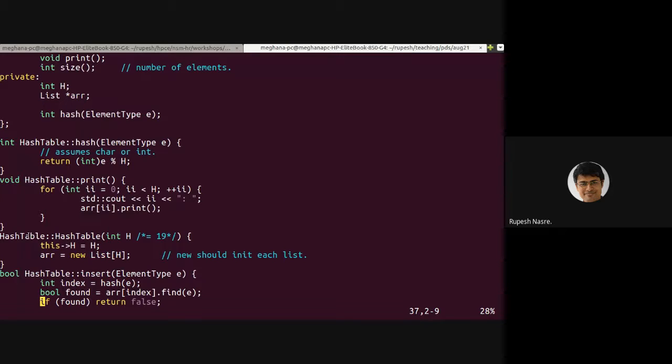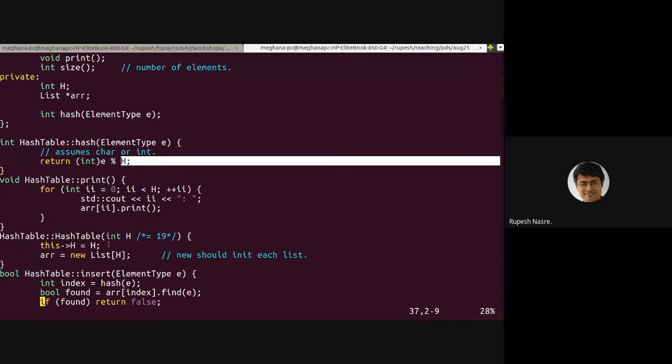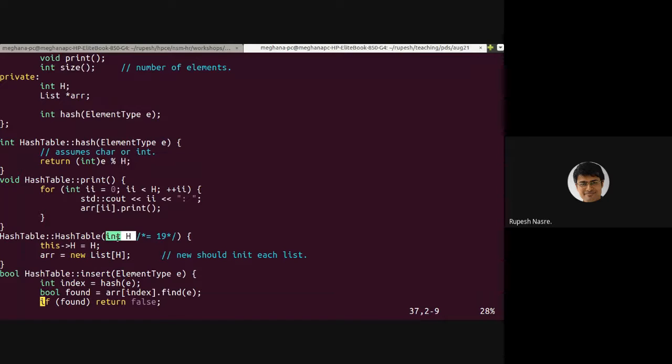The constructor is going to essentially store that value h in the class, because we are going to make use of that while hashing, right? So we need that h to be stored somewhere, which we are passing as a parameter to the constructor. And then we also create an array of that size. So new list of h, where each element of this array is going to be of type list.